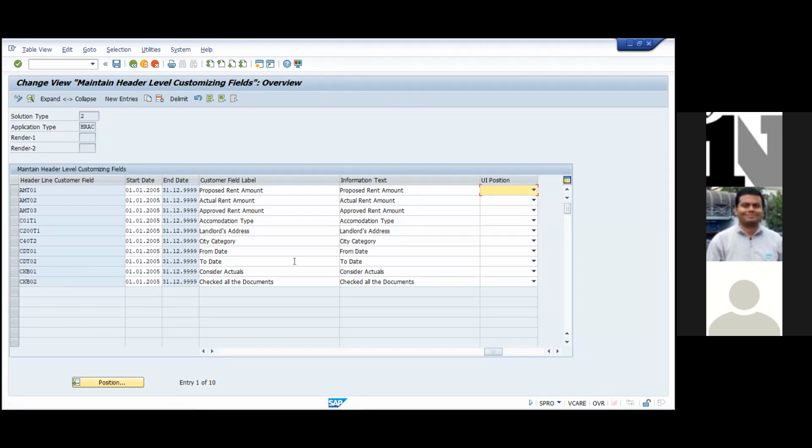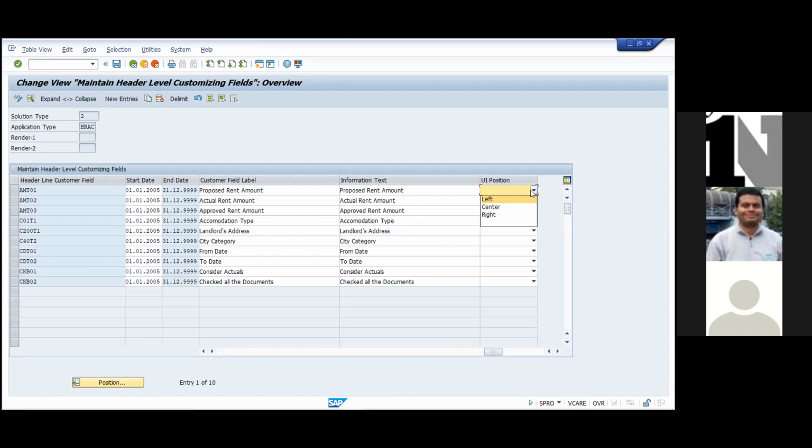What are the values you can see? UI position: left, right, center. So basically, even if you do nothing here, it will automatically show perfectly in the ESS. In case you want to see any of these fields a little to the right or left, then you can make some changes. But actually, I have not done this configuration. Mostly the standard, whatever is there, will suffice.